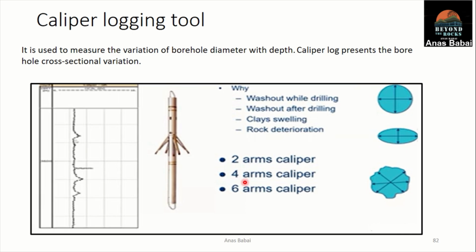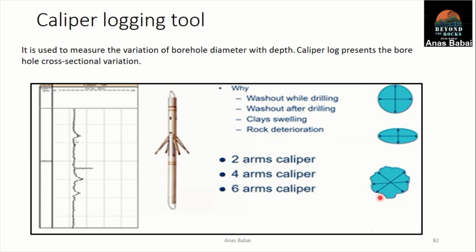So we have different types of caliper. We have 2 arm, we have 4 arm, we have 6 arm, and those arms are normally at 90 degrees to each other. So we have 1 arm here, 1 arm here, another arm here, another arm here. This scenario is very rare to find, it can only be found in very hard or intact rocks. It can also be oval in shape. It can be circular, it can be oval, but in most cases this is what we actually see, the irregular